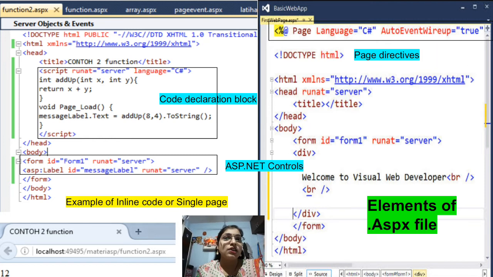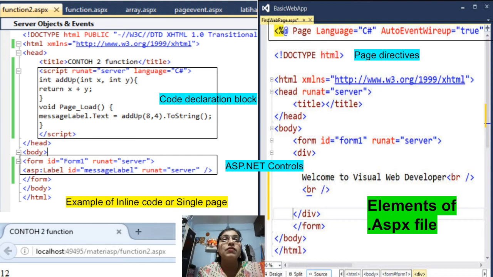Here we do not have any separate .cs file. The .aspx.cs file is not there. It's not like we double click on the label, then a .cs file opens, in which we have the Page_Load event and write the code in that event. That is our normal way of writing the program, whatever we have learned in practical number 1 and 2. But here the logic is also on the same page, that is .aspx, and the interface is also present.